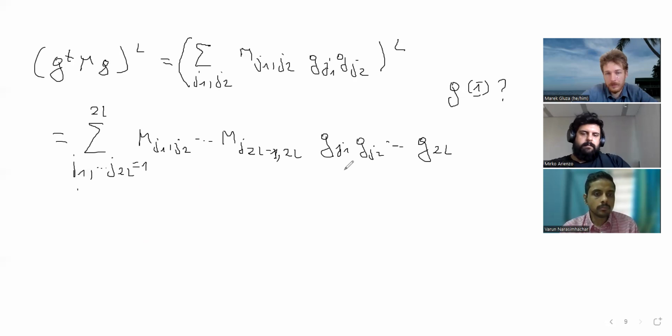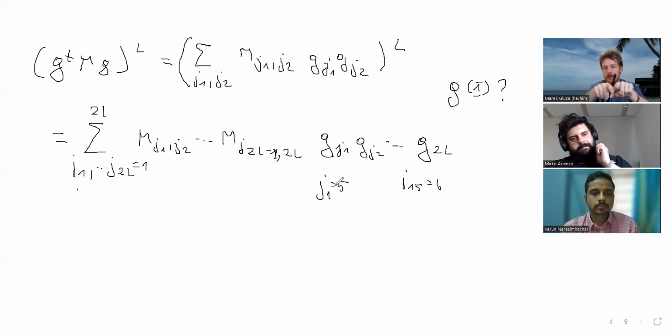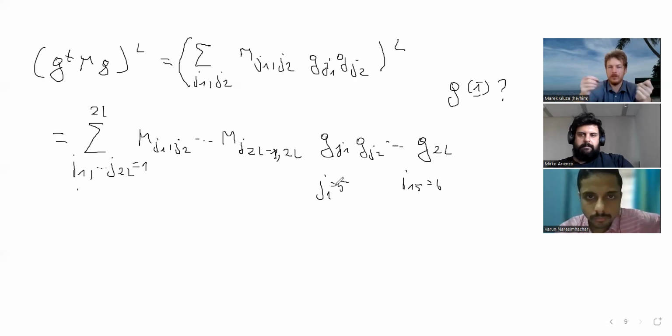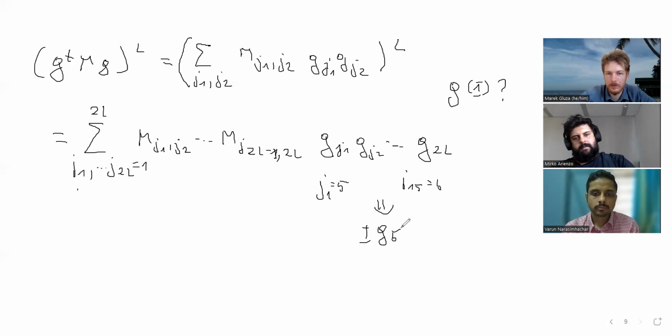If, for example, j1 equals 5 and j15 is also equal to 5, then inside of this Grassmann expression, I move them close together. At some point, I will have G5 squared, and this is 0. So they cannot repeat, which means that I actually can sum over permutations,